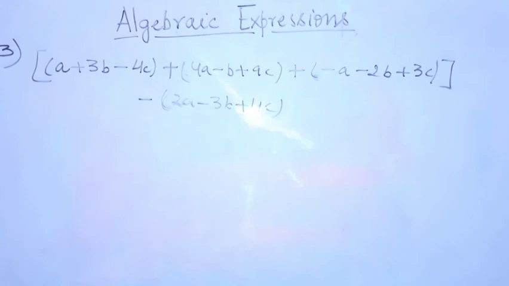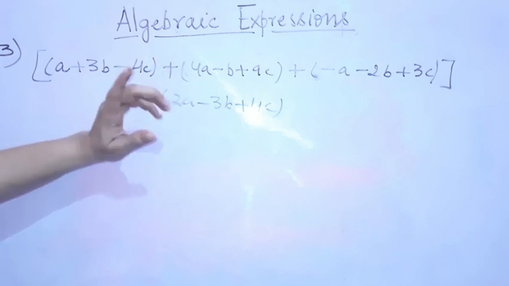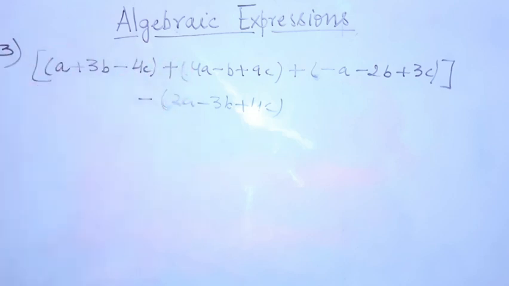So let's solve this question. It seems to be a little bit complicated, but it's very easy once you start solving. So let's begin without wasting time. So students, instead of opening the brackets, since as you all can see all the terms are added, there is no negative sign, we have to add the 3 algebraic expressions. Once we open the bracket, the signs are not going to change. In case of addition, the signs are not going to change.